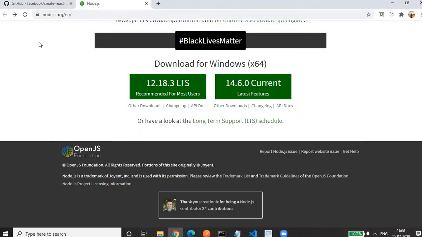Before creating our React.js project, let me give some introduction to React.js. React.js is a JavaScript library, and it is needed for creating a single page application. Single page application means